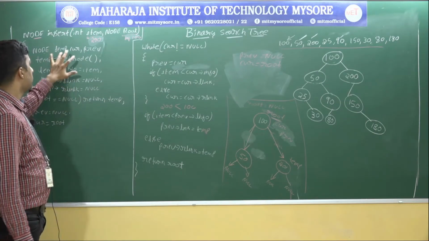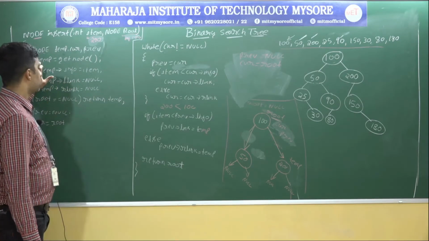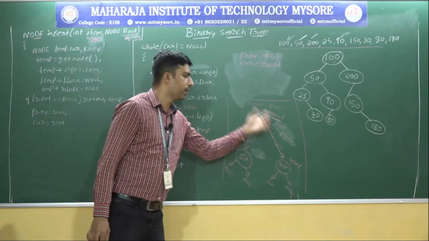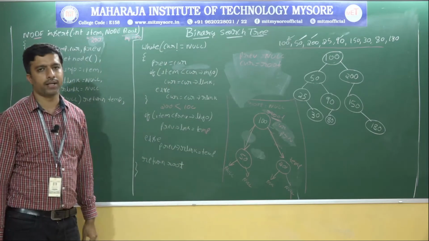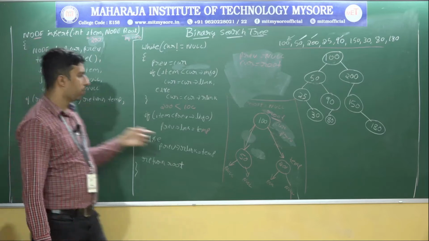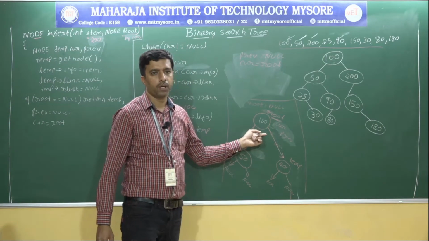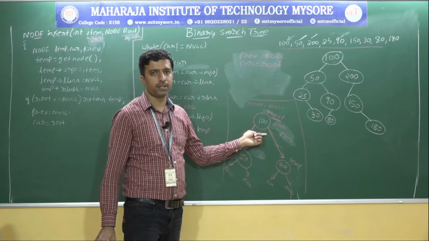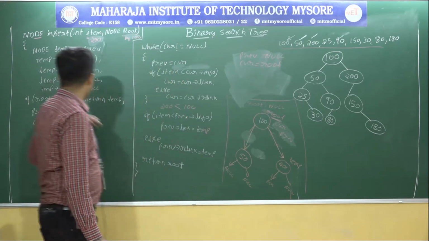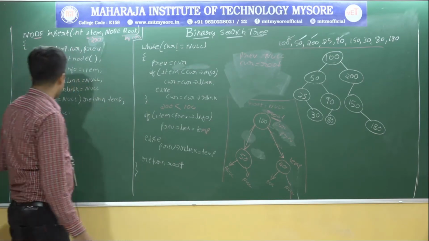How to insert a value into the binary search tree? We have an insert function with 3 temporary variables: temp, current, and previous. For temp, I create a node and make the left node and right node null. If root itself is null, the first node itself is the root node. Otherwise, make previous equal to null and current equal to root.